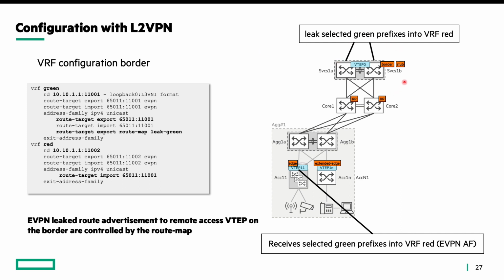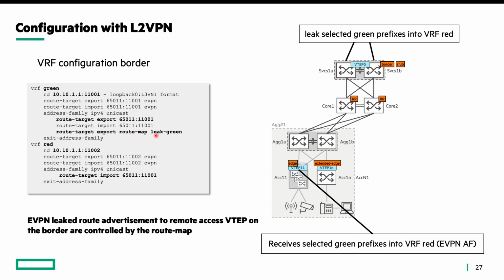Let's say here that we have borders running green and red VRF, and we want to leak some specific green prefixes into the red VRF, but not all of them. So as you said, if we look at the EVPN address family, there is no export route map keyword. So here, this